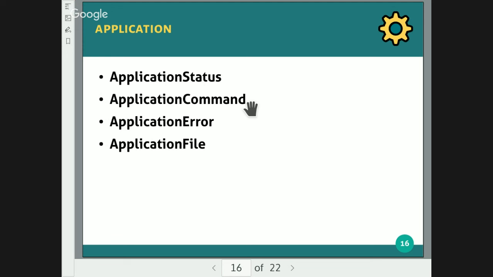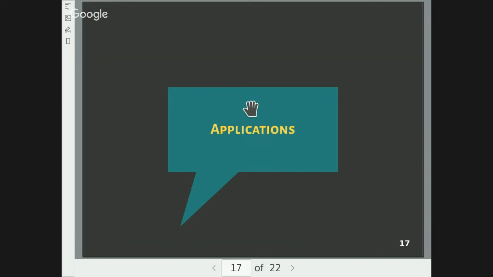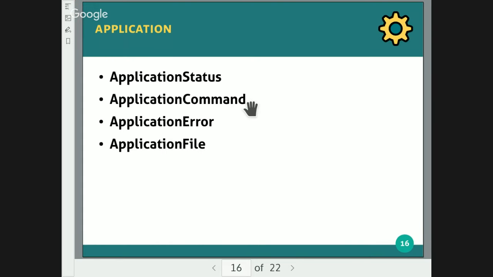And we have application, which is what we want for a typical CNC user interface: status, command, error, and file. There's currently no implementation for launcher and no implementation for the config service. Currently, it expects that you specify the UID manually. There's no standard way of using launcher at the moment. This is one of the things that needs to be implemented, but it works very well for local interfaces, or if you implement a selection dialog or something yourself.